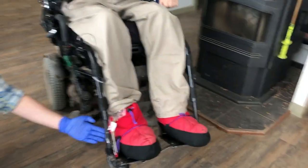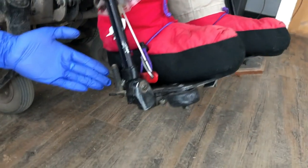Okay, today I'm going to show you my manual leg bag emptier. It costs about 20 or 30 bucks. It's naturally antibacterial and it's 100% reliable. What it is, a 3/8 inch plumbing valve that I have mounted to the back of my foot plate with